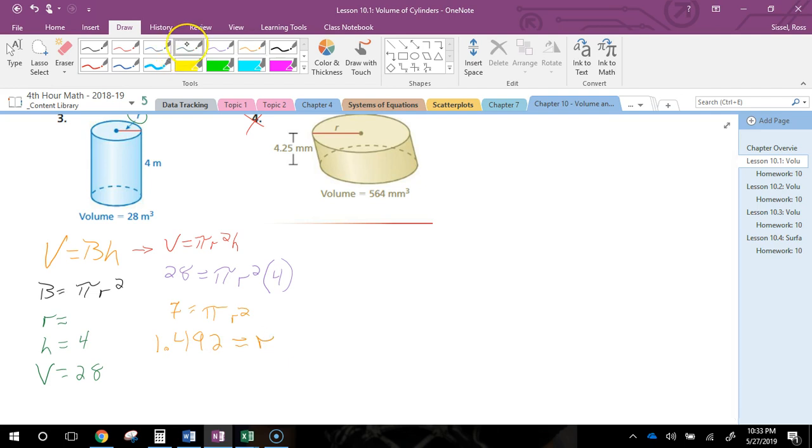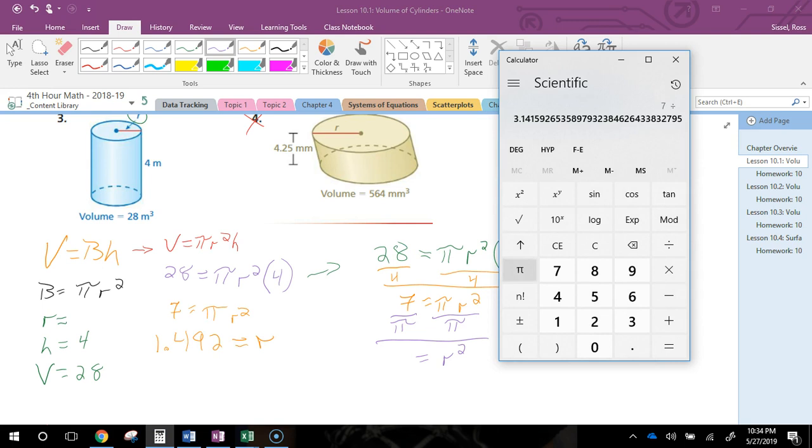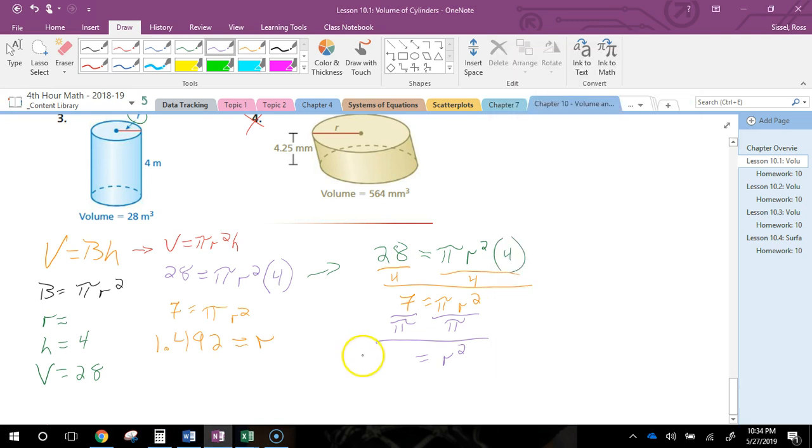Okay. Now, since I don't have my calculator, I'm going to break this down right over here. This equation, I'm going to show all this again, because I want to make sure you fully understand what you're doing. Alright, my first step was I divided this side by 4, this side by 4. We put that in my calculator, and I got 7 equals pi r squared. We then divided by pi. And we got, to be honest, I'll have to go back in here, 7 divided by pi. We got that long number. I'm going to write down 2.228. Then we square rooted each side because square rooting would undo my squaring. So I'd have r, and that's where we came up with